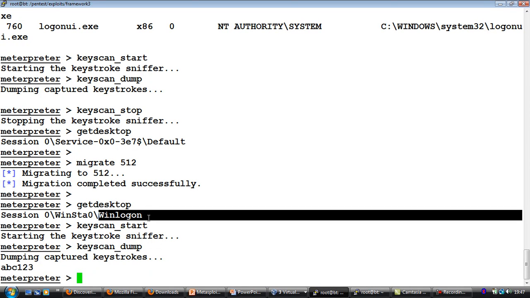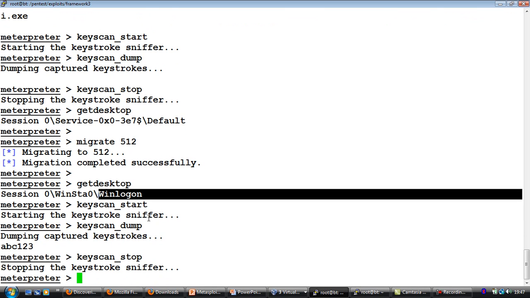Now this is something which is very, very important. Always remember that, especially when you want to do interesting things on the UI, you need to migrate to a process or have some way to access the active desktop on which you want to run your programs, right? So let me show you one interesting program here, and that is called